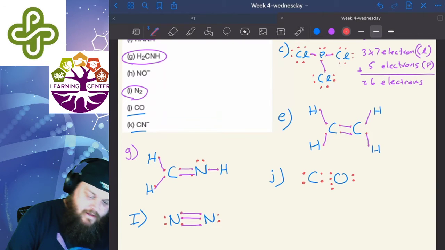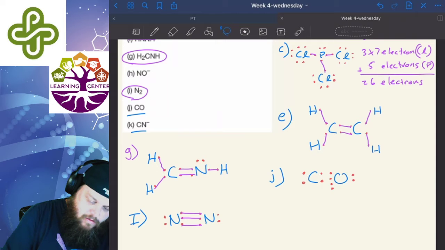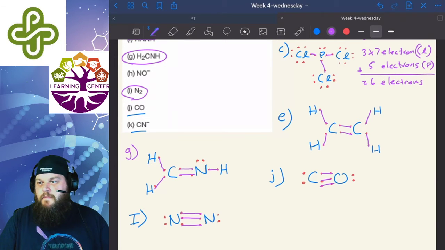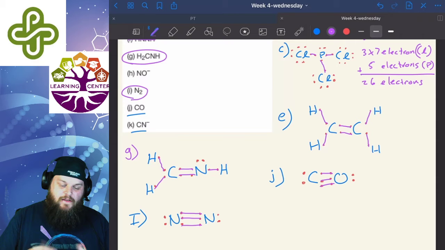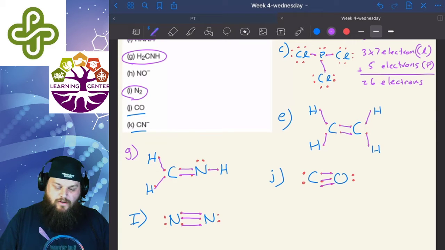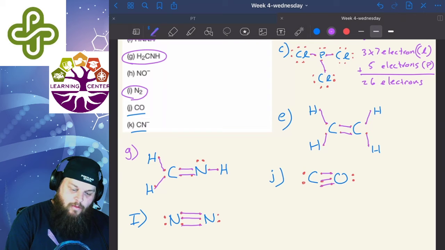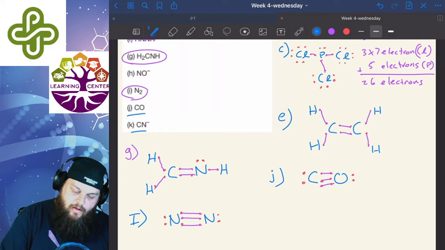So what happens here is oxygen basically loans carbon a bond, so it can create this triple bond in there. And that triple bond then satisfies the octet rule for both of those atoms. Where carbon, if we do a formal charge on here, just to jump ahead a little bit, carbon wants to